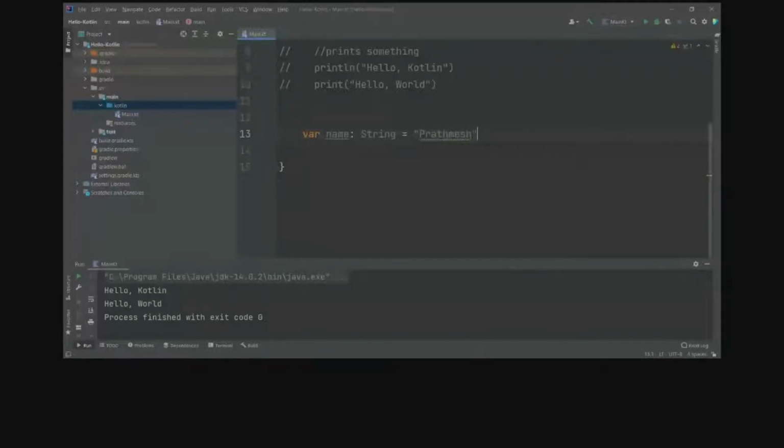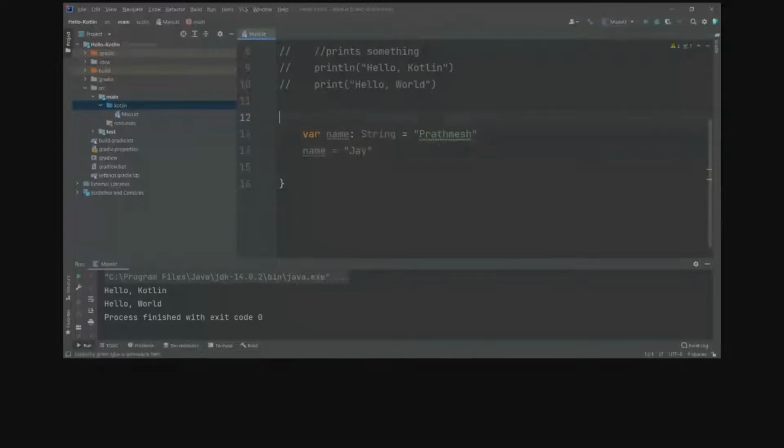Now I have initialized the name variable as my name, but now I want to change this to something else. I'll write, okay. So mutable variables are just the variables that can be changed after they are initialized.